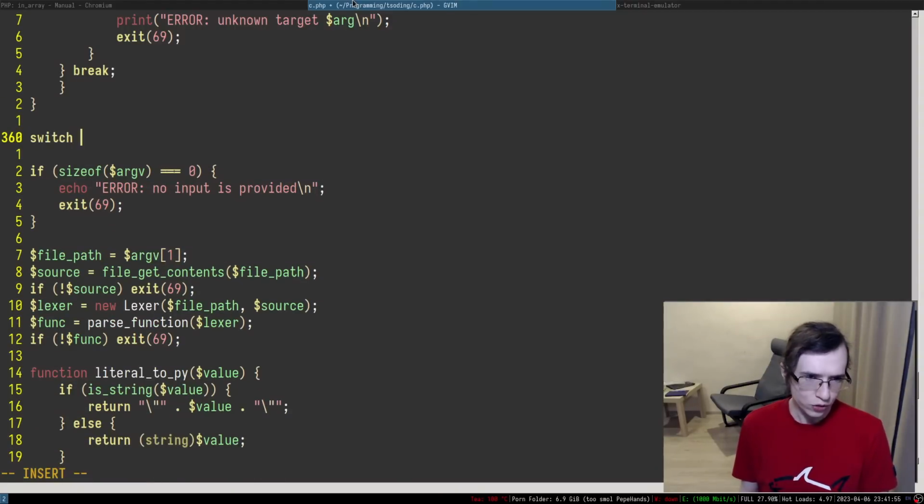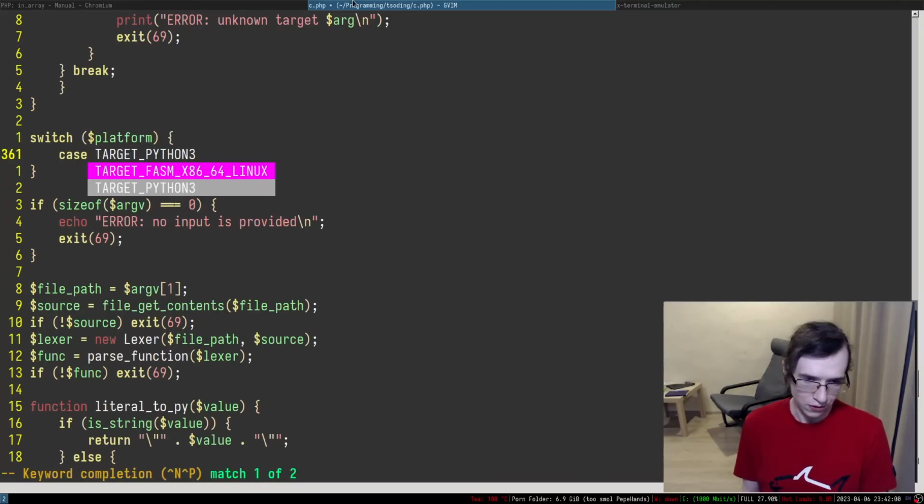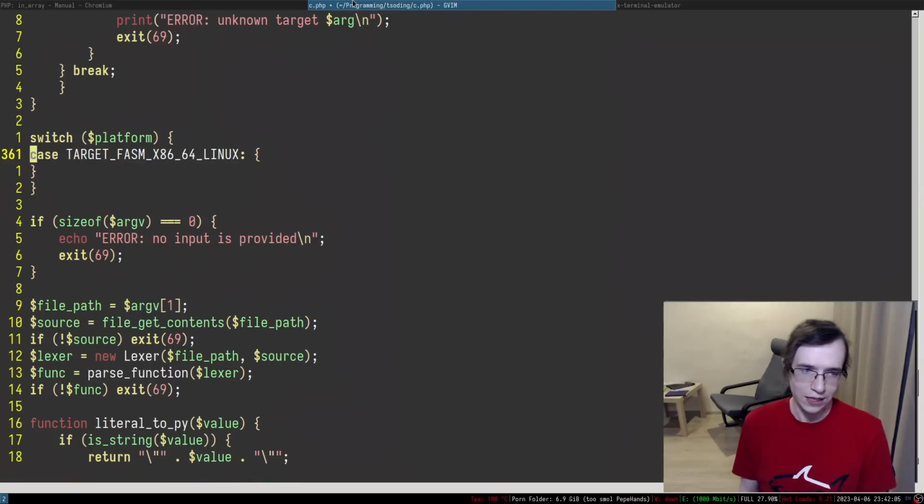So switch platform, and then I can say something like case target, target Python, fasm, there we go. And I want to have this constant so I don't accidentally mistype something, right?